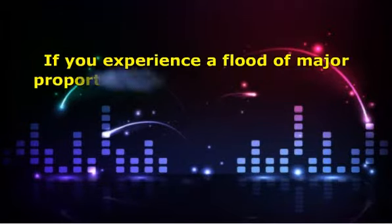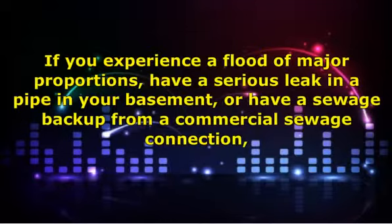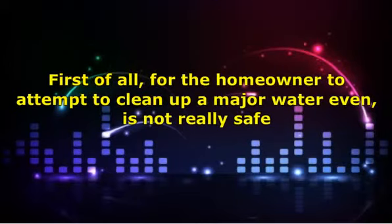If you experience a flood of major proportions, have a serious leak in a pipe in your basement, or have a sewage backup from a commercial sewage connection, you will probably need a professional water damage restoration company to come to your aid. First of all, for the homeowner to attempt to clean up a major water event is not really